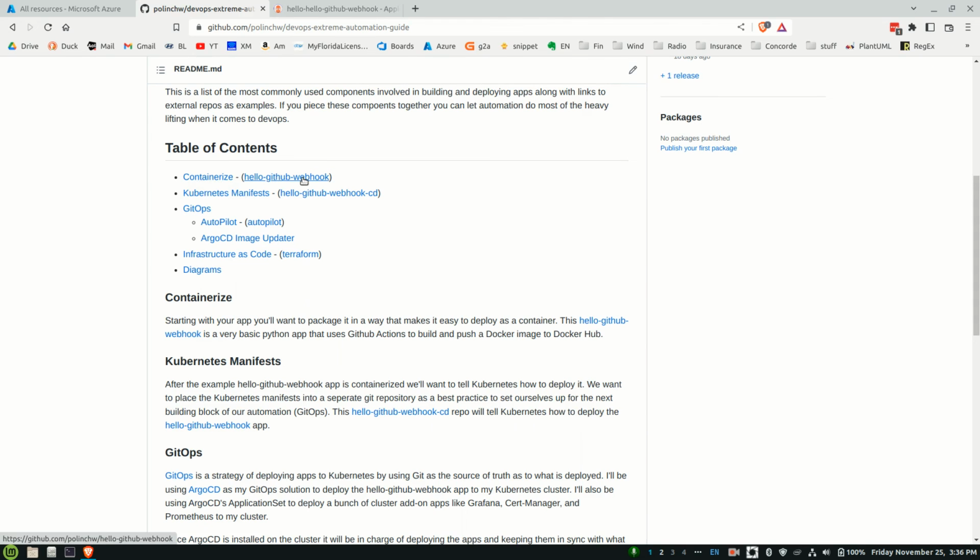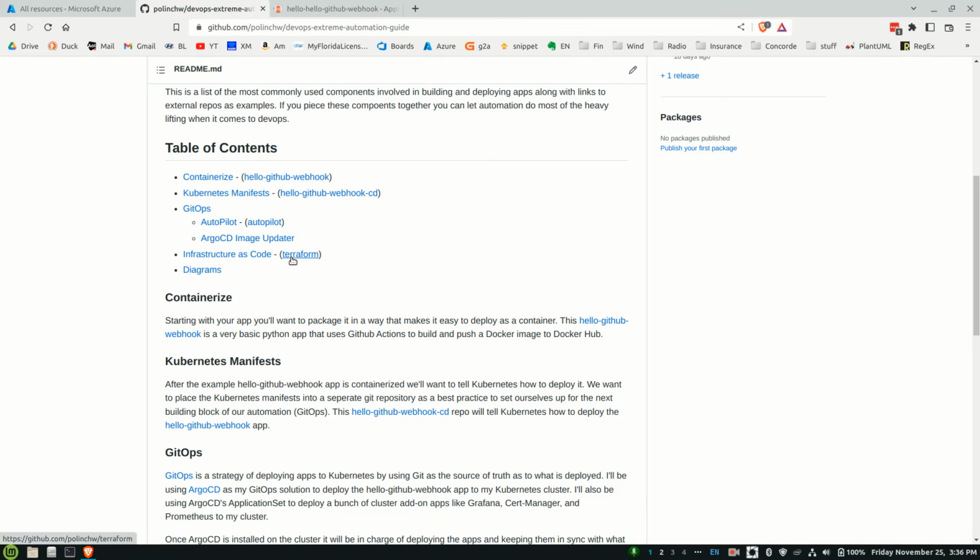It's just the Python code that's doing the Docker build. This repo has got the YAML that tells Kubernetes how to deploy this. The AutoPilot repo is based on ArgoCD's AutoPilot technology, and it's pointing to this CD repo here,